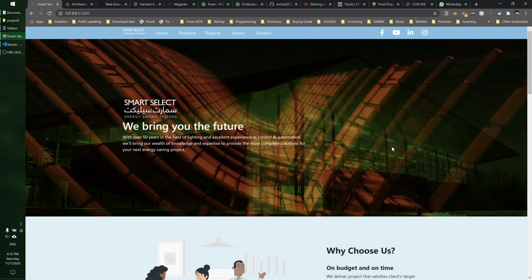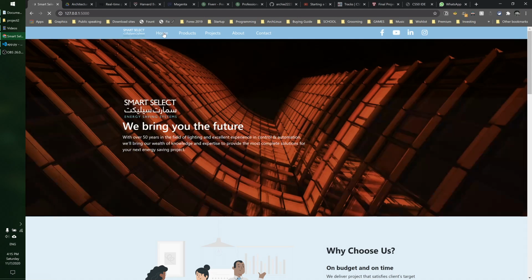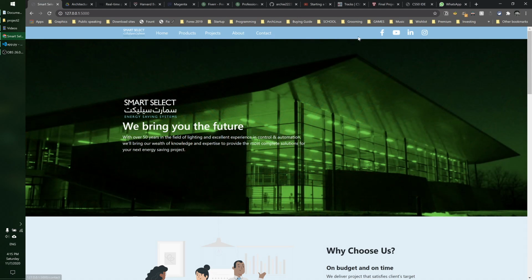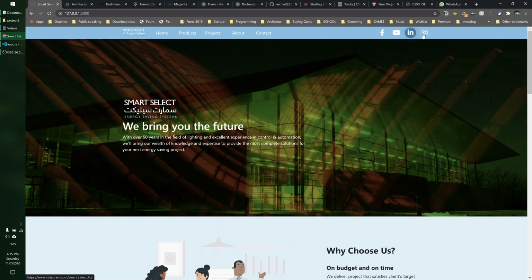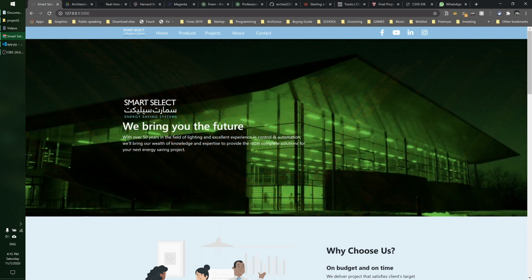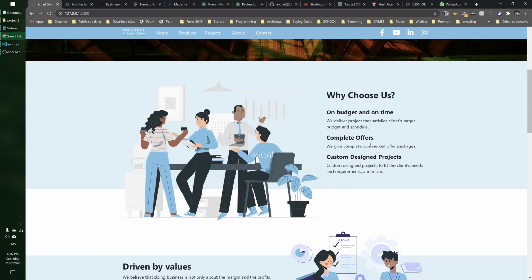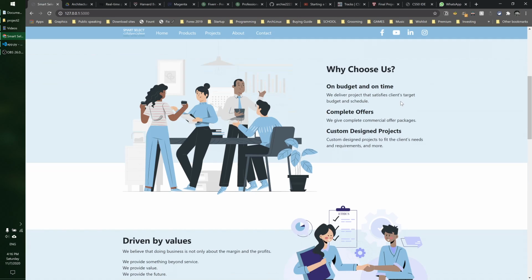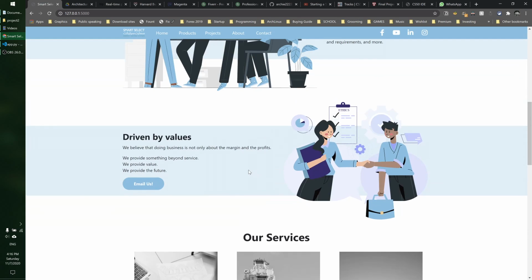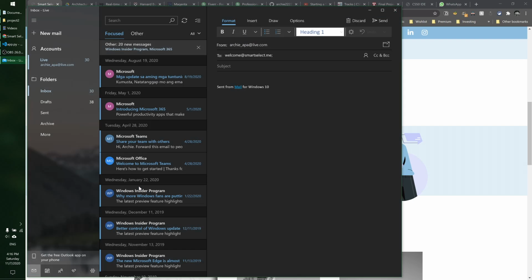So in order to demonstrate the website, first let's go to the homepage. In the homepage, you will see here a sticky nav bar. You have nav links and CSS animated social links right over here. You have a section here for the main page and some CSS animated transition effects. You have this section, why choose us, with a few messages from the company and additional messages right over here, and a section with a button, and when you click it, you will be able to email the website directly.